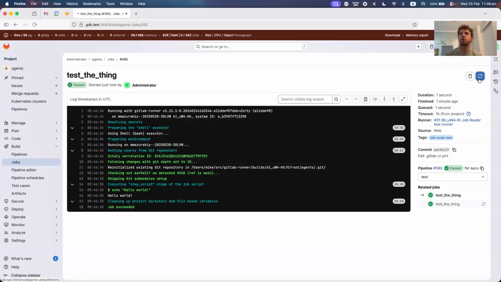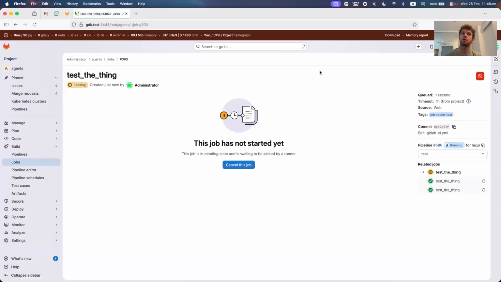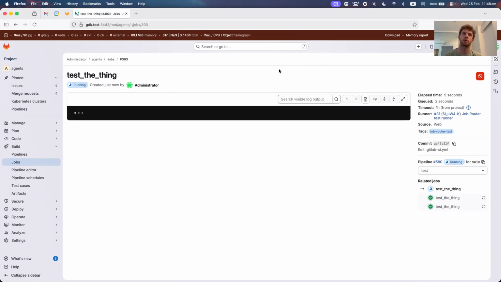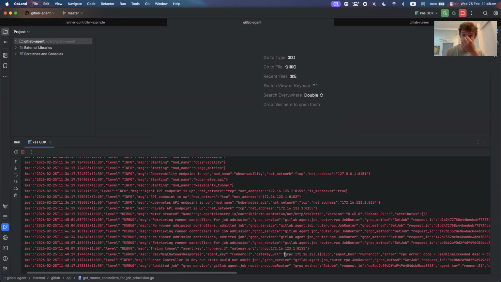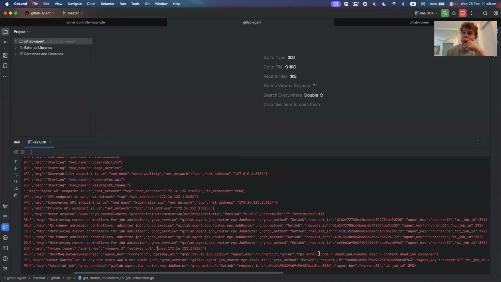Okay, now we should see that CAS tries to contact the controller, but we are not running the controller yet, so CAS should get an error, but should still admit the job because the controller is in dry run mode. And it's running, so it's been admitted. Let's look at the logs. So it got the controllers, tried to contact one controller, and yeah,